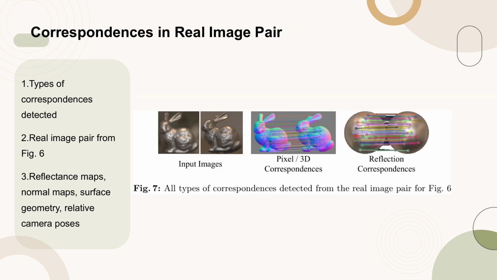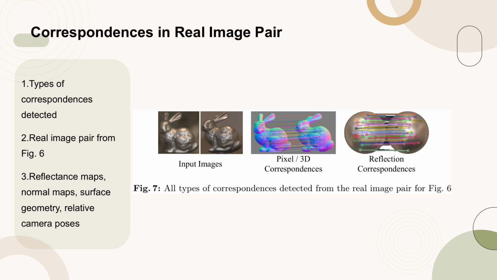Figure 7 illustrates the various types of correspondences identified from the real image pair presented in Figure 6. These correspondences include reflectance maps, RMs, normal maps, surface geometry, and relative camera poses. The detection of these correspondences is crucial for understanding the spatial relationships and characteristics of the objects within the images. This figure provides a comprehensive view of the data extracted from the image pair, highlighting the detailed analysis conducted on